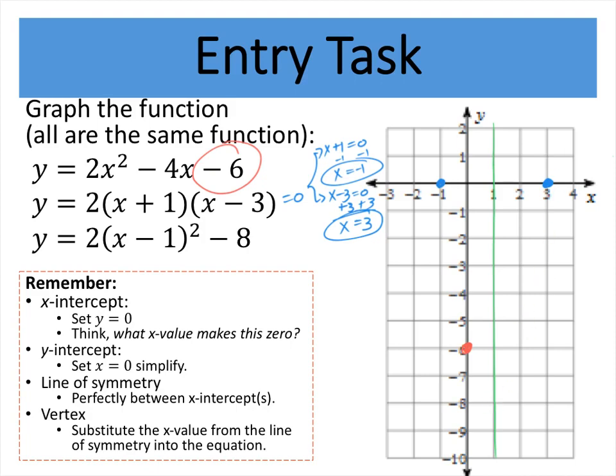So I'm going to plot that point on the graph. 1, -8. And now we have a much clearer picture of where this graph is going to go, because it's got to go through each of these points. It's got to go through that x-intercept. It has to go through this red y-intercept that we created. It's got to have a peak at the vertex, and then it's going to come back up, and it's going to go through the other